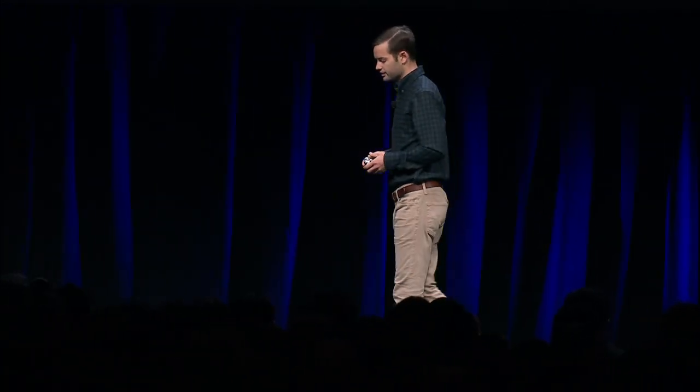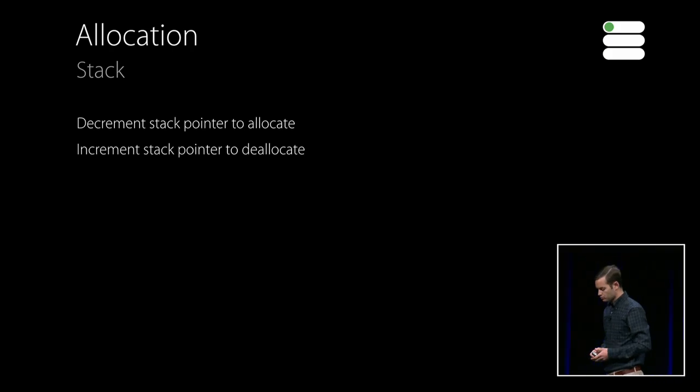That pointer at the end of the stack is called the stack pointer. And when we call into a function, we can allocate the memory that we need just by trivially decrementing the stack pointer to make space. And when we've finished executing our function, we can trivially deallocate that memory just by incrementing the stack pointer back up to where it was before we called this function. Now, if you're not that familiar with the stack or stack pointer, what I want you to take away from this slide is just how fast stack allocation is. It's literally the cost of assigning an integer.